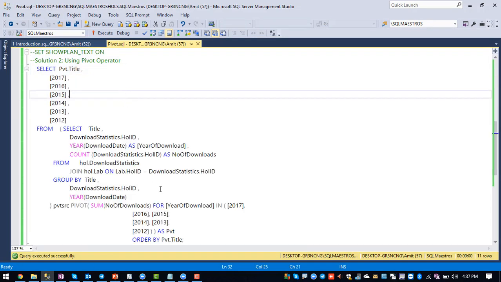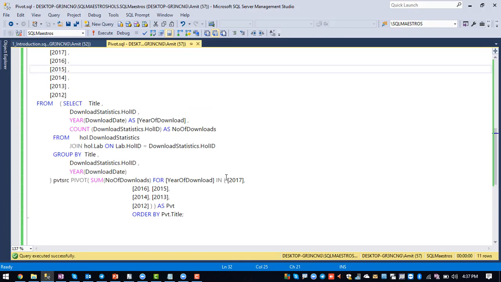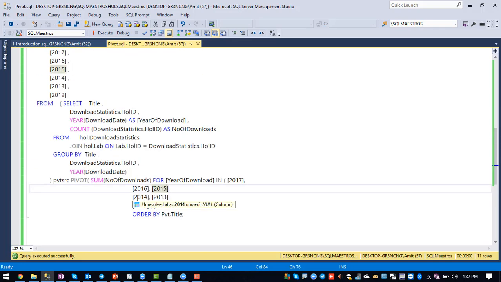Now one more thing before we conclude this video: right now we hard coded these year values, like 2017, 2016, 2015. What if there are multiple years? For example, this 2018 is about to end. After that 2019 will also start, and people will start downloading the labs also, right? So if 2019 is also there, then we need to modify the code to include the years 2018 and 2019.